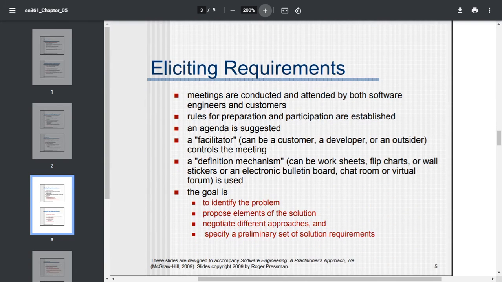And then how to obtain the requirements. Eliciting the requirements, meetings are conducted and attended by both software engineers and customers. Rules for preparation and participation are established. An agenda is suggested. A facilitator, who can be a customer, a developer, or an outsider, controls the meeting. A definition mechanism that can be worksheets, flip charts, or wall stickers, or an electronic bulletin board, chat room, or